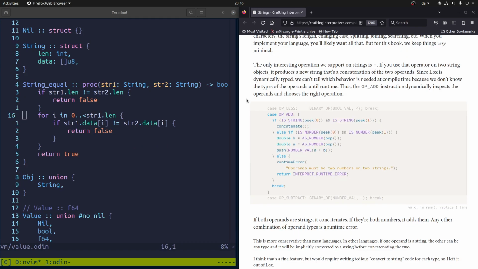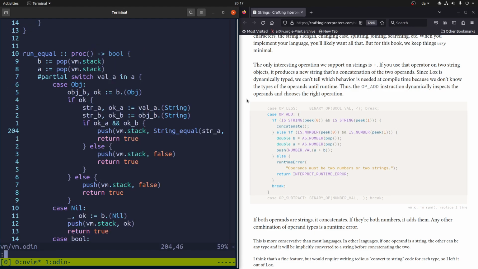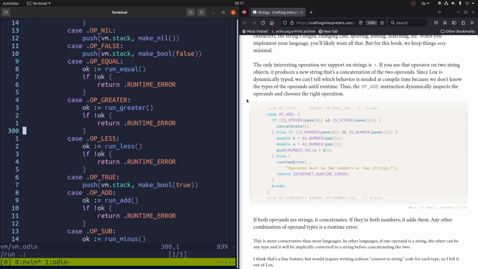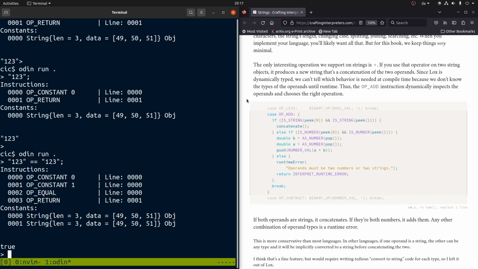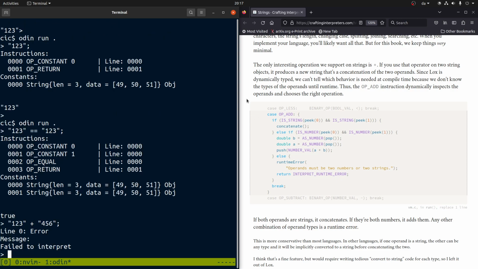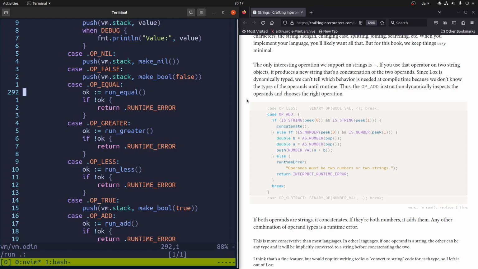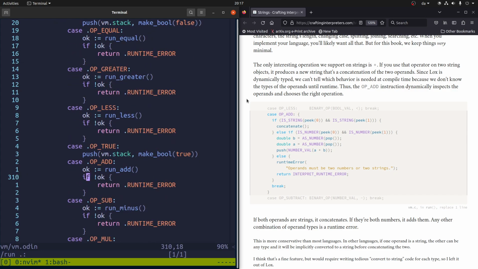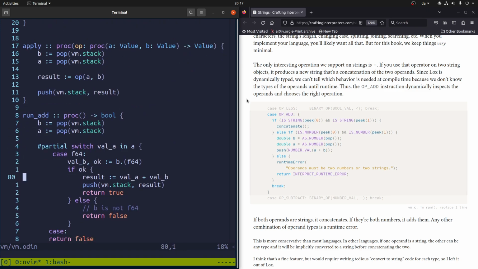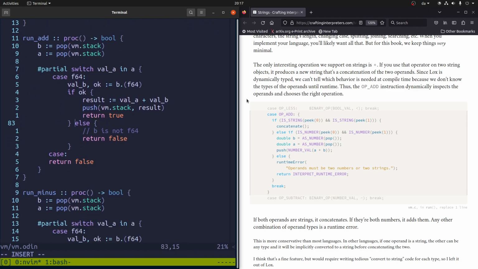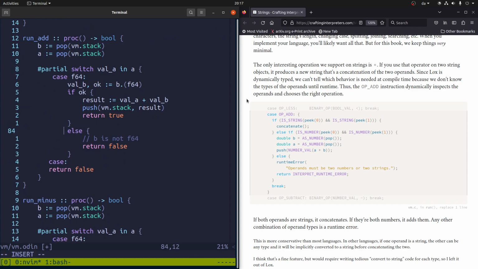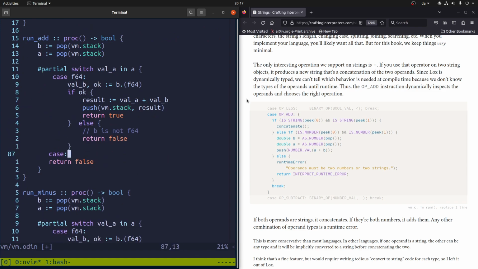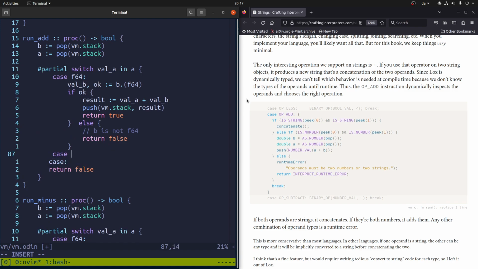Great. So now let's add string concatenation. We'll go here to run again. And if we see, by the way, it's not implemented right now. It will just fail. But if we see an add, we're gonna run add and it will get 2 values here. So we need another case here. So in the case that it's an object,